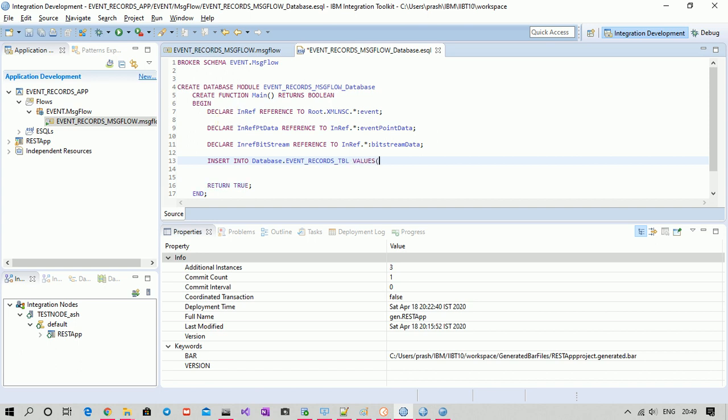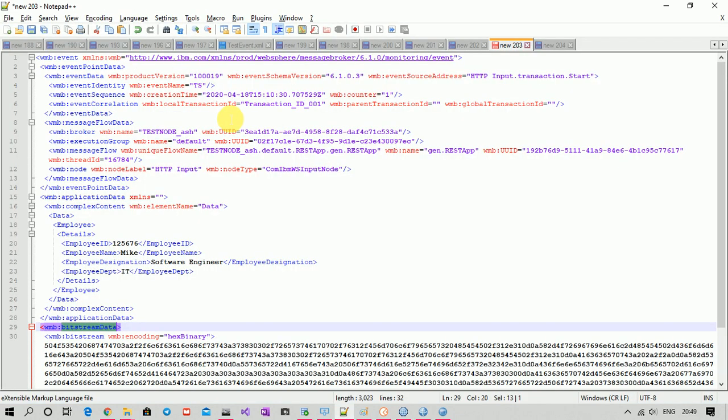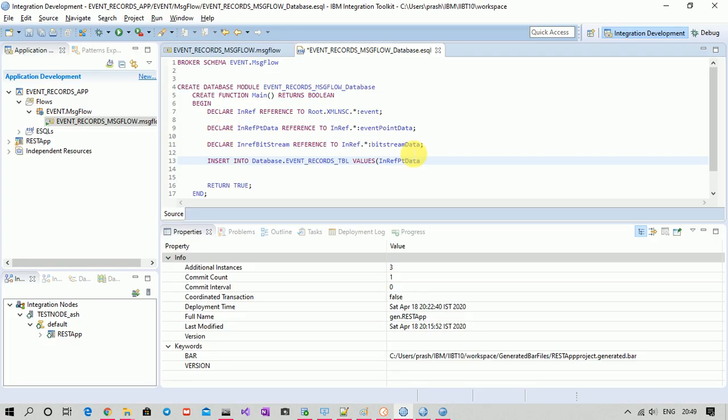Values. Now the first value will be inref. What is the first value? Transaction ID. Transaction ID is present inside event, where is it?